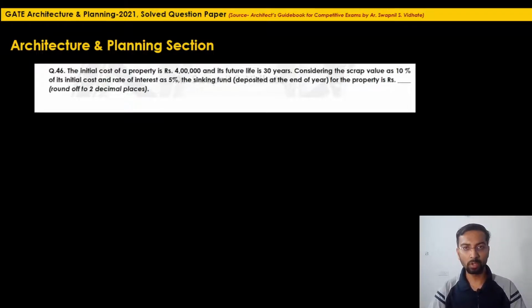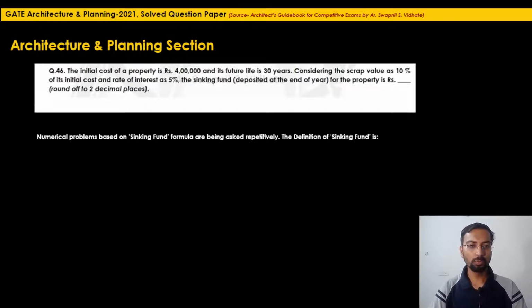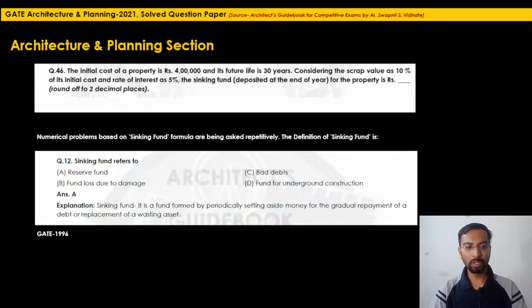Now what is sinking fund, what is the formula associated, everything is explained in the previous year paper, because earlier also examples based on this formula have been asked. First, I will tell you the definition of sinking fund. If you take the example of some building constructed on a plot, it is natural that by the year the land prices will go on increasing, but your building will go on depreciating. Once it achieves its maximum future life, there will be a necessity to rebuild that building. There will be repairing expenses.